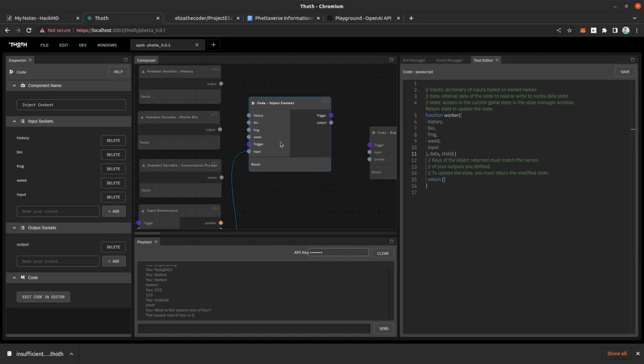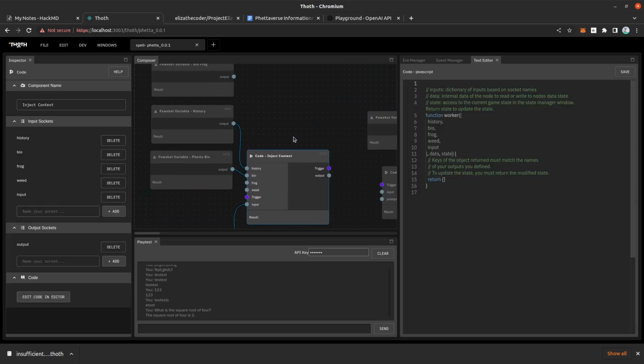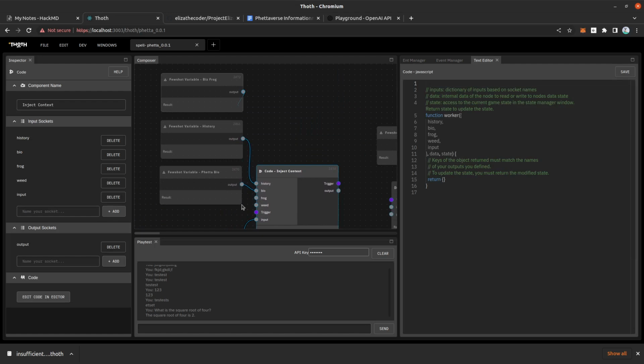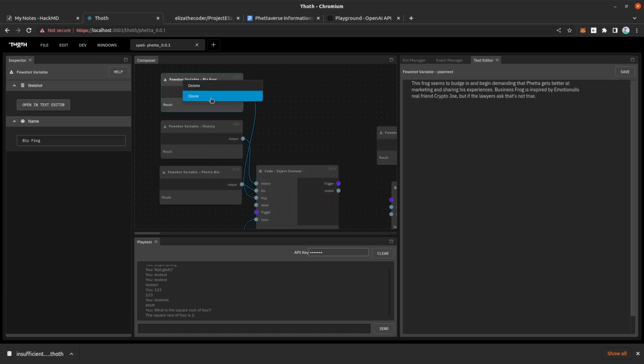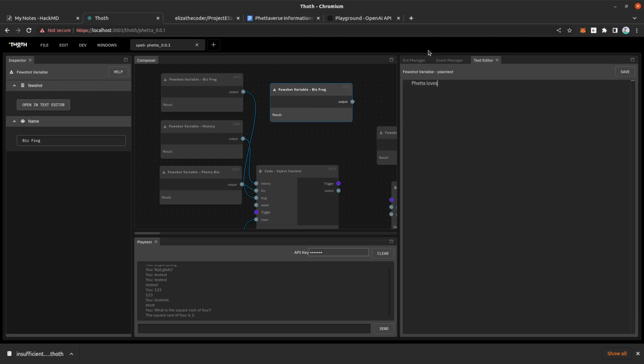So for this node, we're going to add the history, obviously, the bio, the prompt, which is no, we actually don't need a prompt for this one. That's for the next one. The bizfrog data, and then we're going to say Theta loves weed. His favorite kind of weed